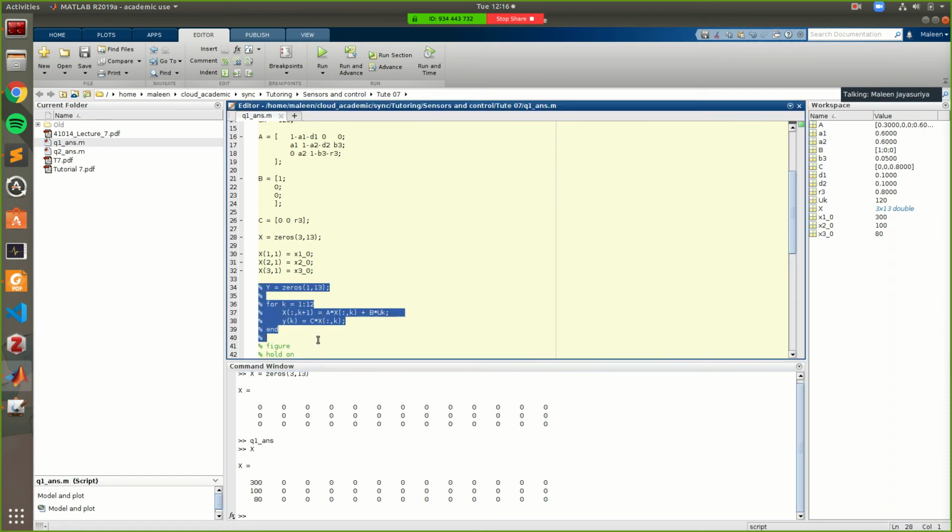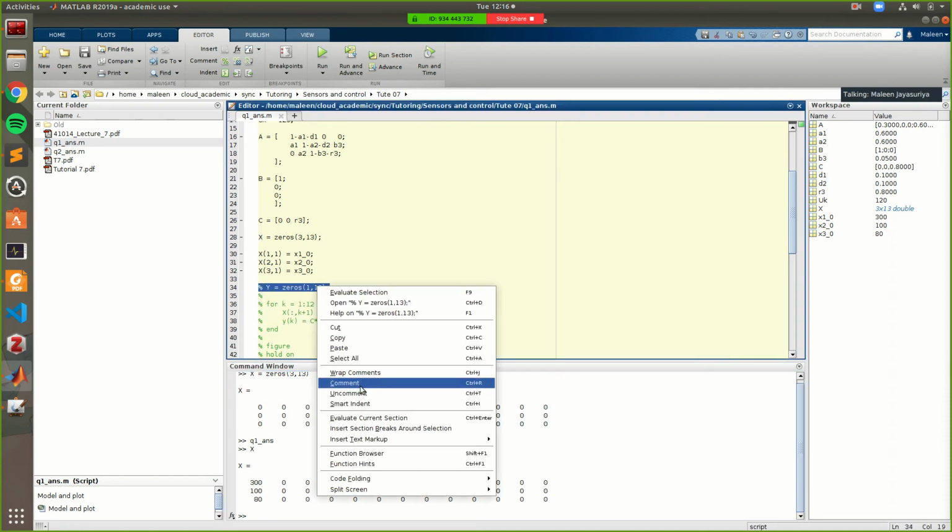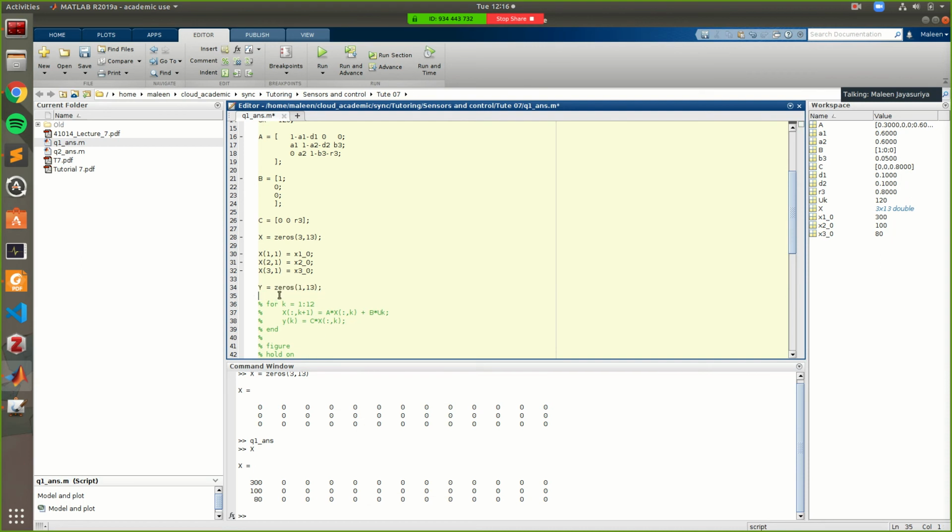So the outputs again are a bunch of zeros. We haven't filled them up yet either, right? So to fill these up, all we're going to do is create a simple loop, right? And we're going to say that the x(k+1)th time step is going to be equal to A xk plus B uk, right? Which is the state space model essentially. And so what's going to happen when we do this is that each of the columns in xk are going to be filled up by the state space model that we have of the system, right?